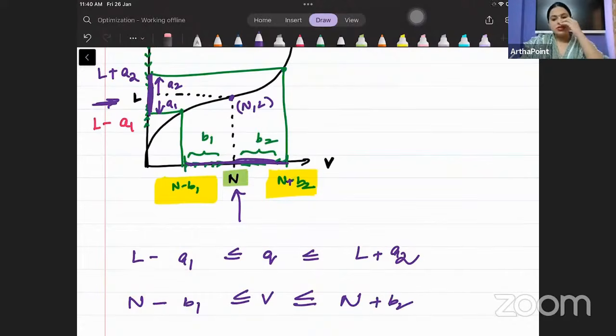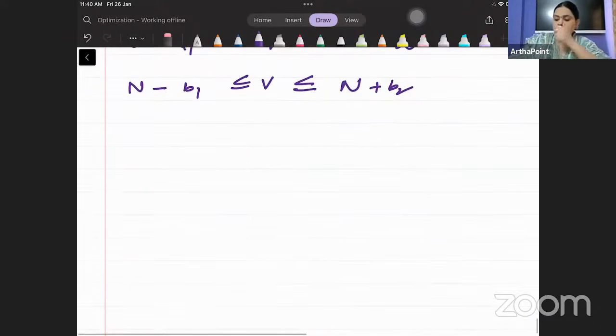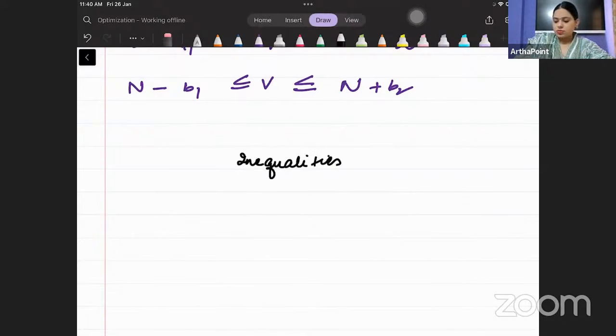Are you getting it? So this is just a way of expressing it. Don't worry, this will not come in exam. बिल्कुल ही नहीं आएगा. Okay, now we want to talk about inequalities. That is important. Okay, beta. So now